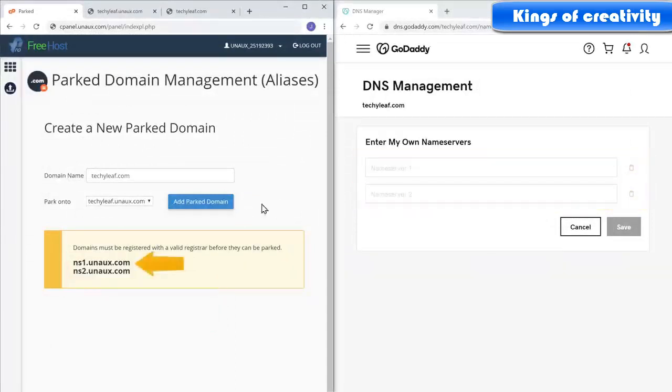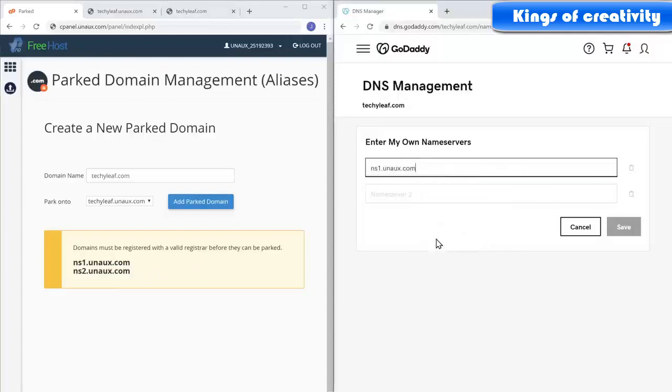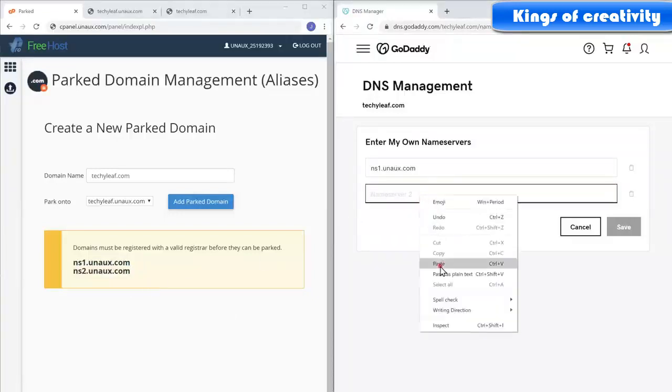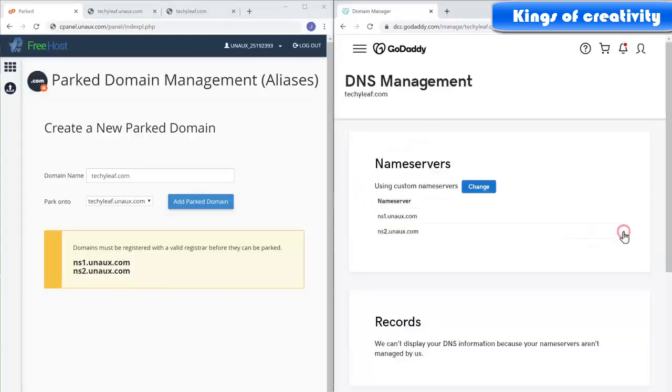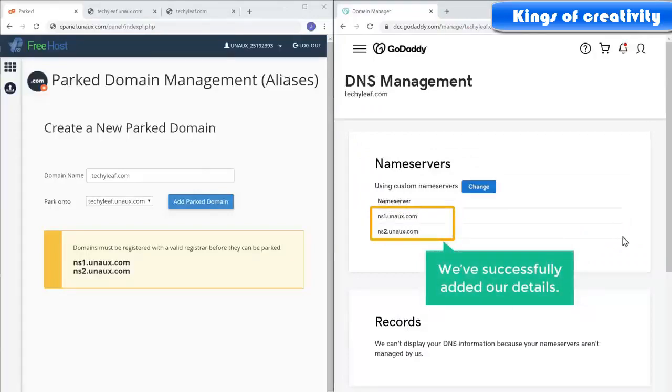First, let's copy this one and paste it here. Next, copy this and then paste it here. Now click Save. Now we've successfully added our details.